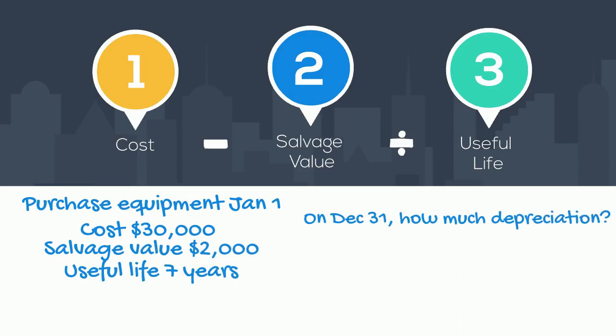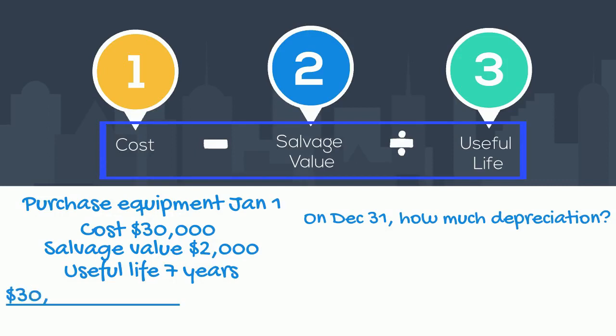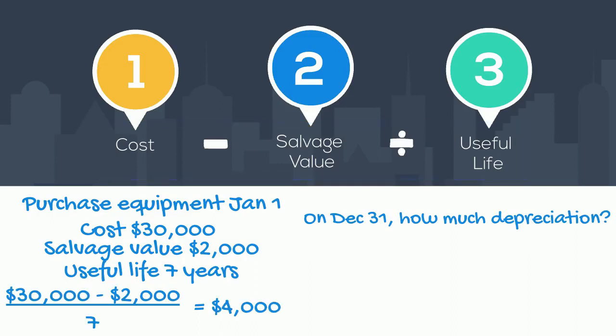To determine this, we will use our straight-line formula of cost minus salvage divided by useful life. The equipment's cost is $30,000, the salvage value is $2,000, and the useful life is 7 years. That comes to $4,000. What does this $4,000 represent? This is 1 year's depreciation. Therefore, we would make an entry on December the 31st to debit depreciation expense for $4,000 and credit accumulated depreciation